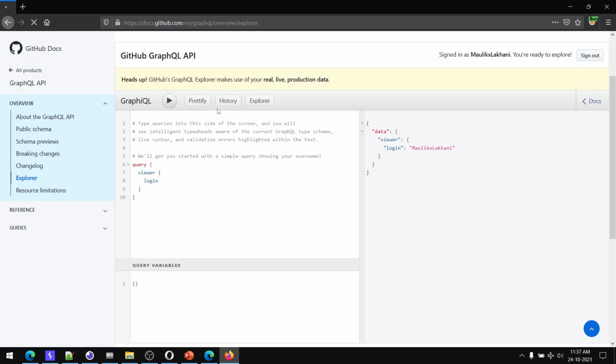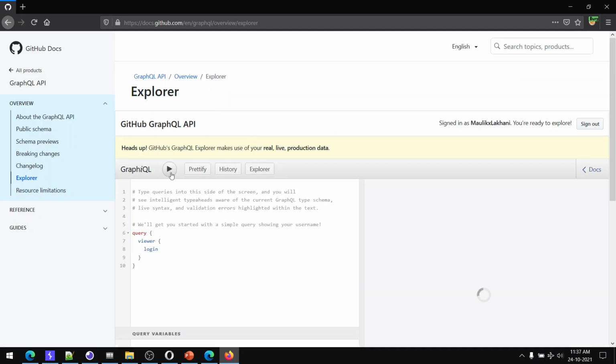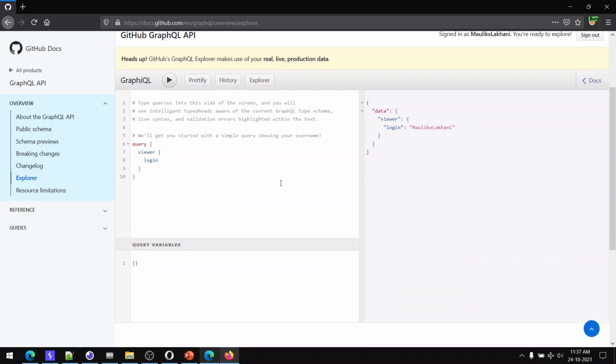So let us reload this. Let us reload it once, and then we have the... So this is the query. This is the GraphQL query. The query does not have any name. I can specify test query,